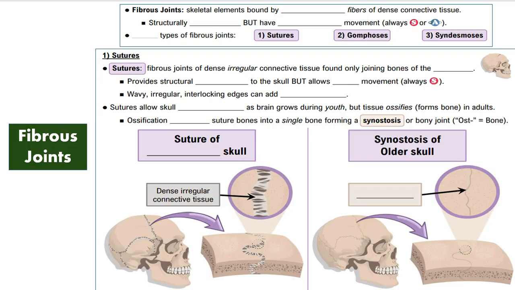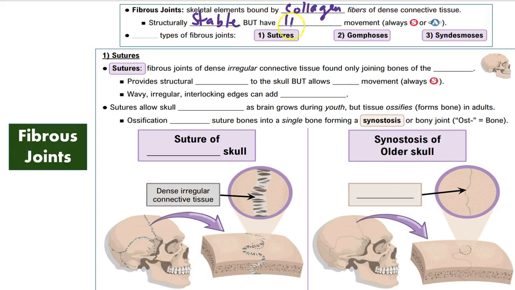types. So when it comes to fibrous joints, these are skeletal elements bound by collagen fibers of dense connective tissue. And we already talked about this, most often dense irregular connective tissue. Okay? Now think about collagen fibers that give strength. So therefore, that means you're going to have a lot of stability and less movement. So they're going to be structurally stable,